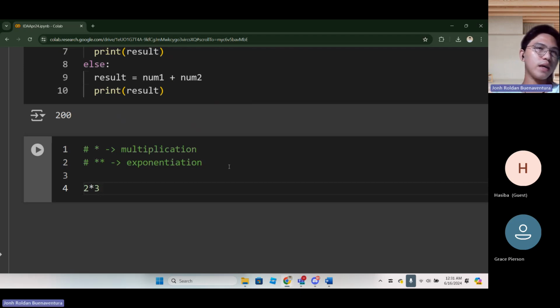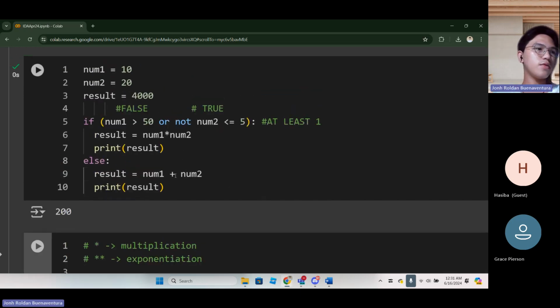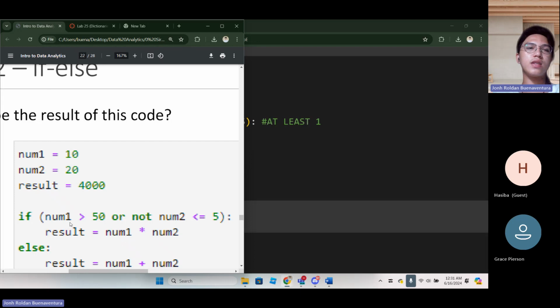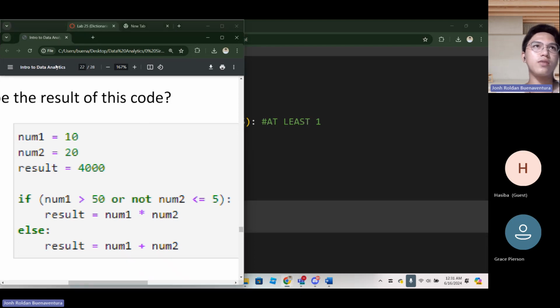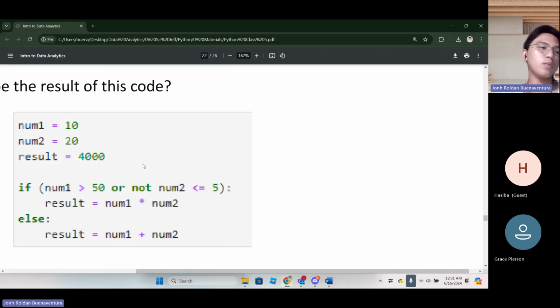Why we multiply depends on you. This is just an example in which if this is true, Python will multiply the numbers. It depends on how you want those values to be printed. But here, context-wise, there's no reason why we are multiplying num1 and num2.